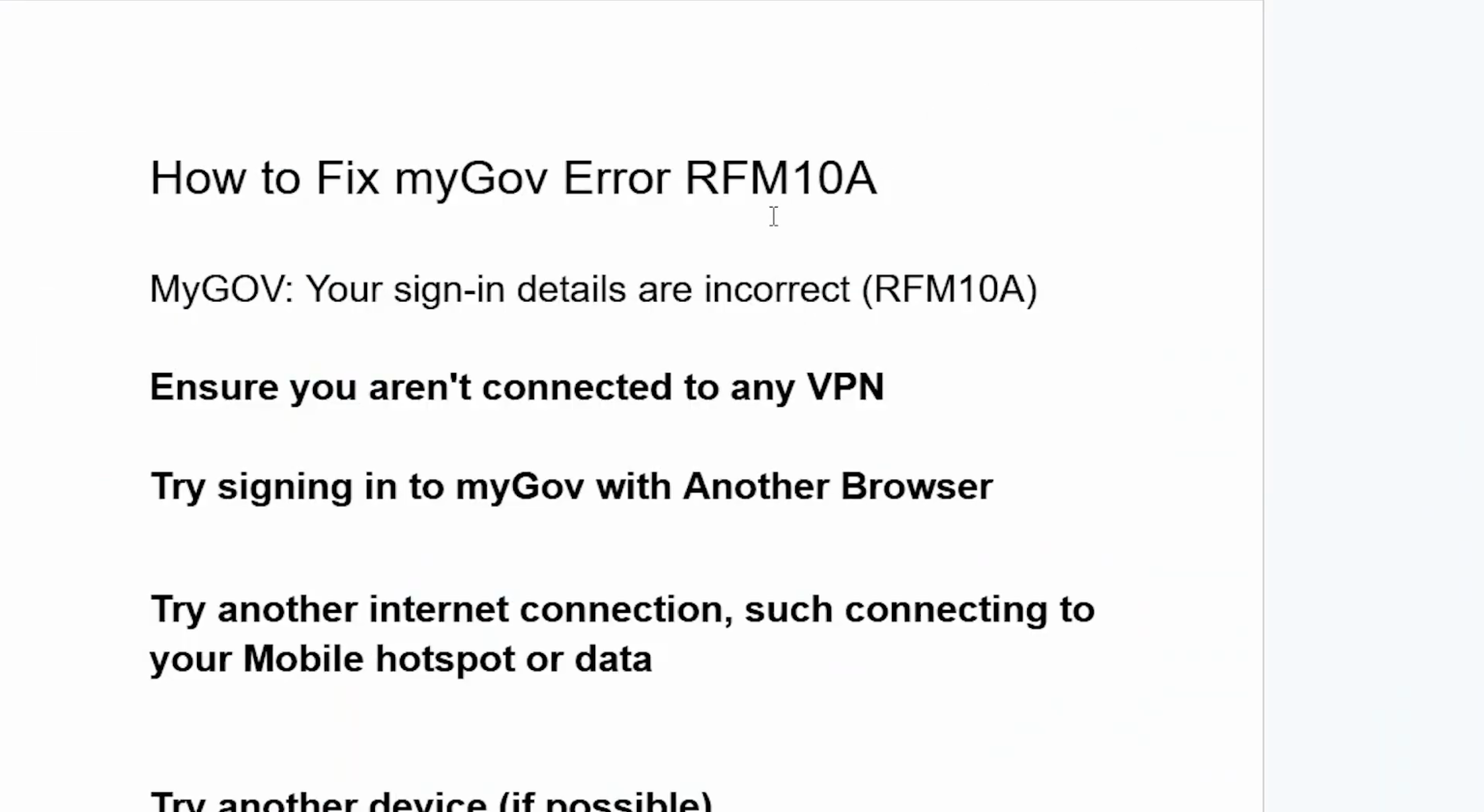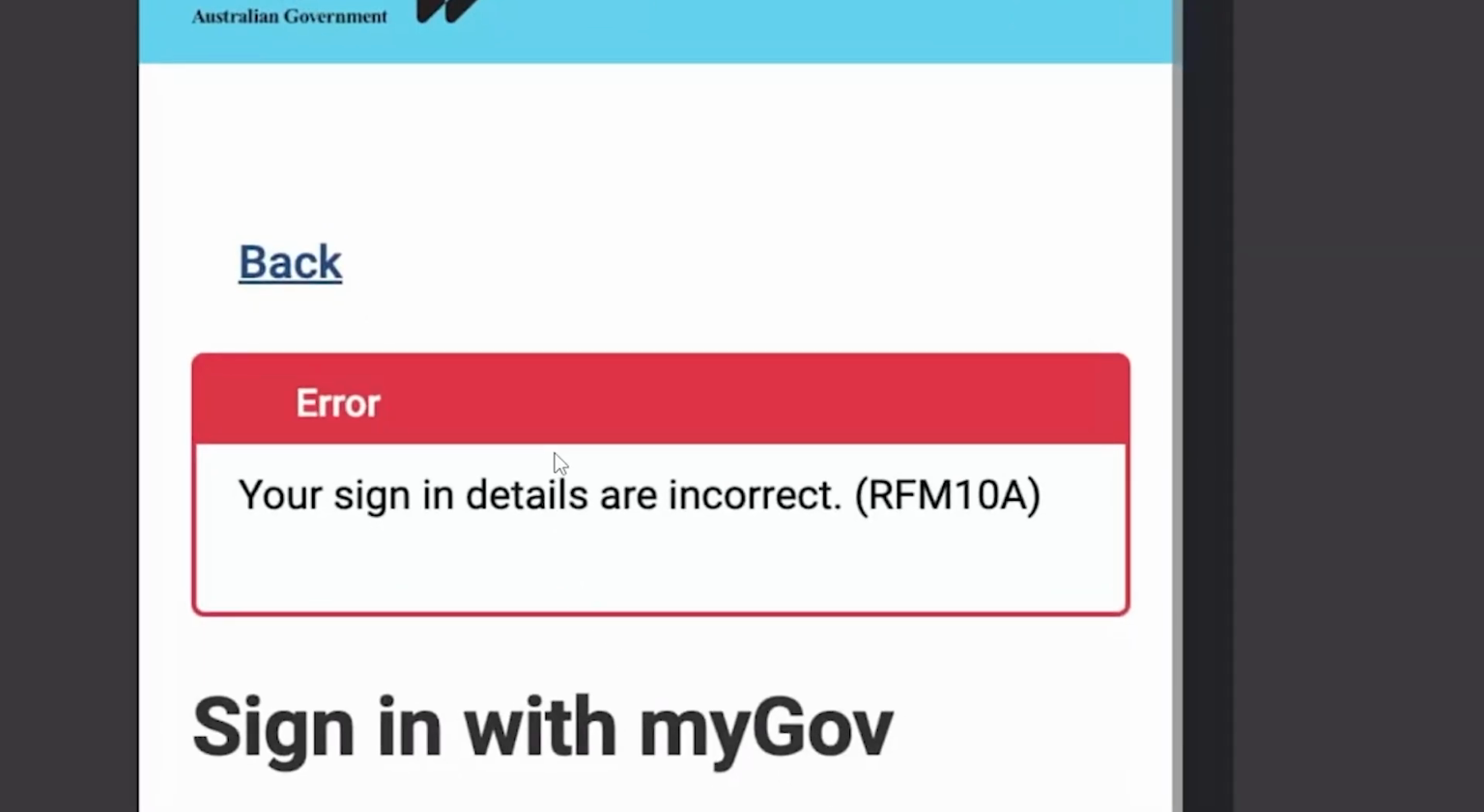Also, if you're not connected to any VPN but are still facing the same issue, now try signing in to myGov with another browser to check if the issue is browser specific. Maybe if you're using Chrome, try to switch to another browser like Edge or just any other browser that is